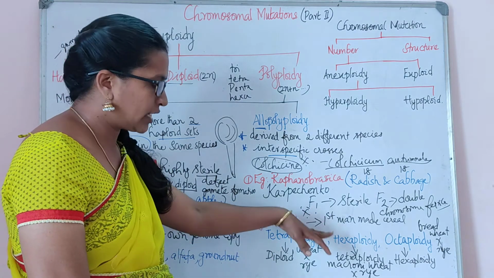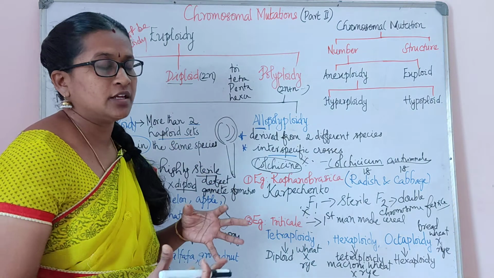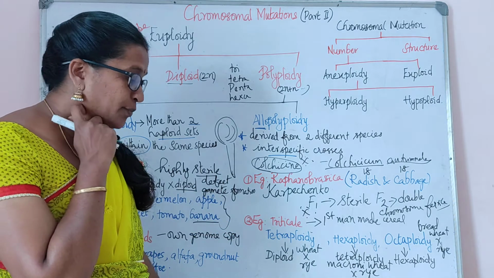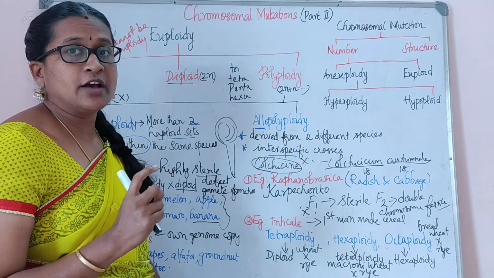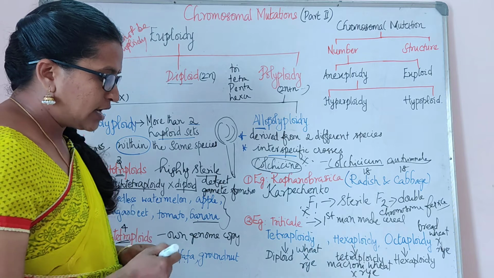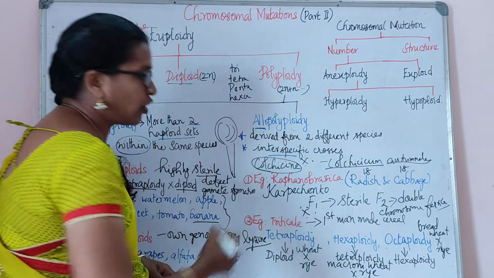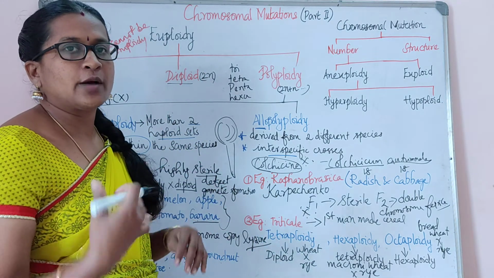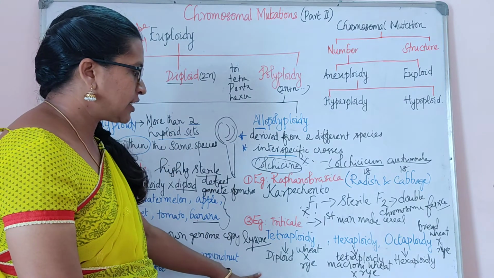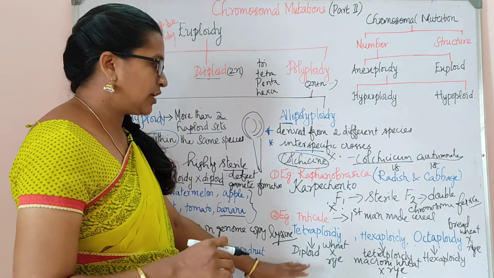triticale: tetraploidy, hexaploidy and octaploidy. So why wheat and rye? The main thing is that wheat has a very high protein content, and rye has certain amino acids, called lysine. Lysine is present in rye, which is very, very good for health. So both this protein and amino acid are going to be expressed in the next polyploidy level. Hence it is very important that wheat and rye are crossed to form triticale.